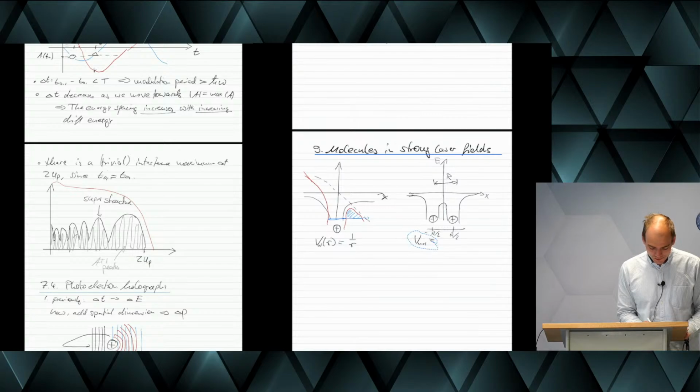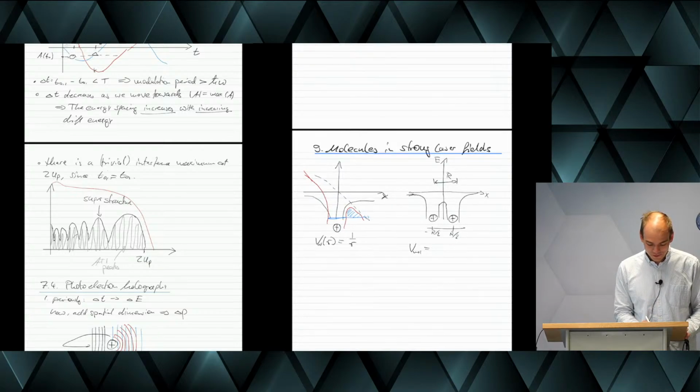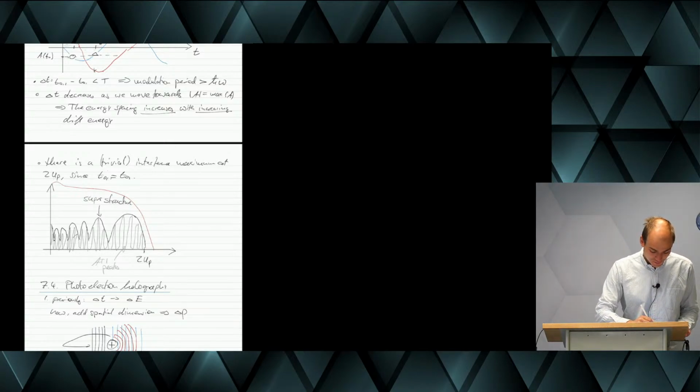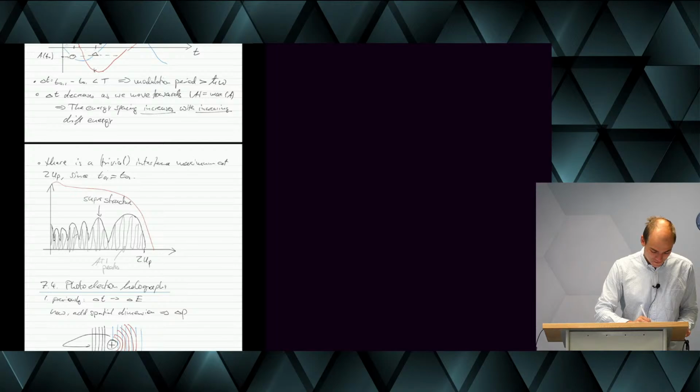So now if we want to write down an expression for this potential, we have 1 over the absolute value of r plus R over 2, plus 1 over, actually that needs the minus sign, of course, the absolute value of r minus R over 2. And these are absolute values. Yeah? And now if we add a laser field to it,